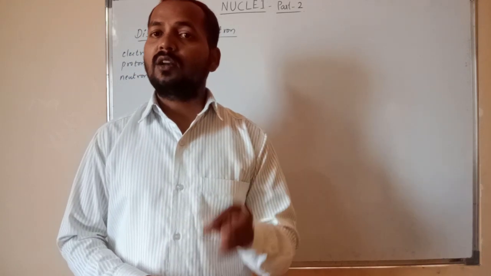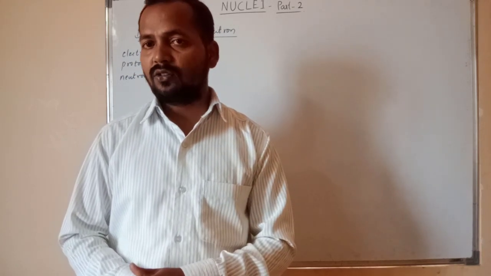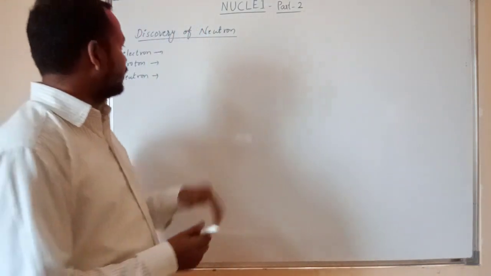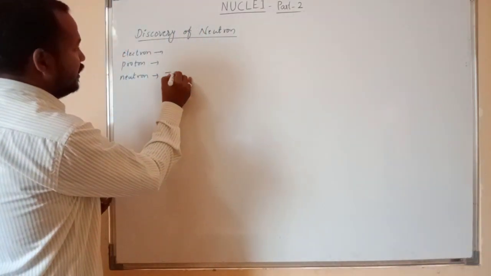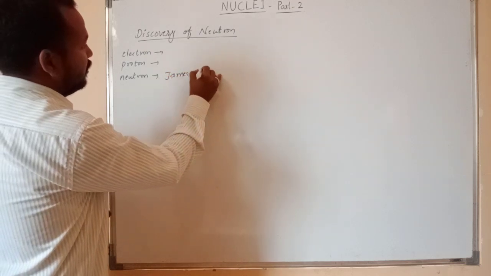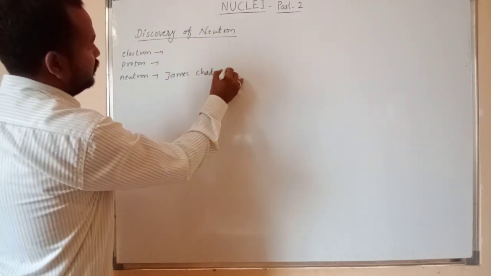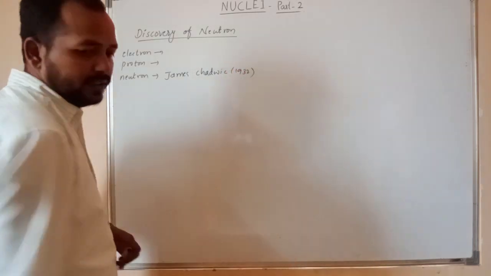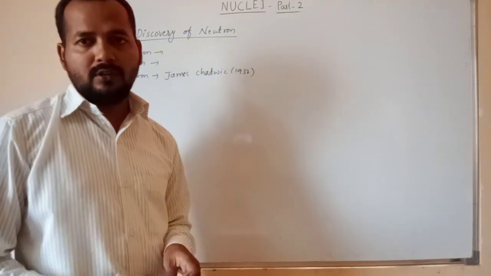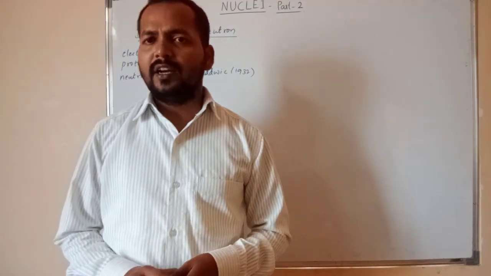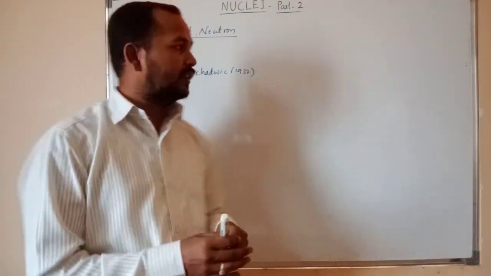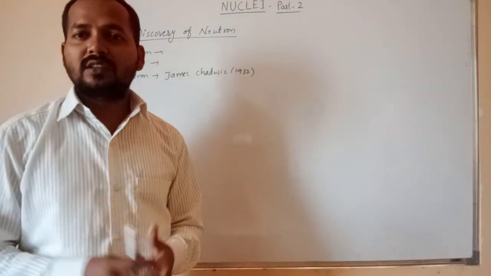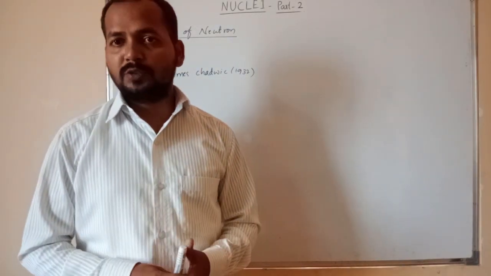And in the nucleus there is one more kind of particle, called neutrons, and neutrons were found by James Chadwick in the 20th century, that is 1932. In 1932 he found them through his experiment. It is not that he is the first person who talked about the neutron. There were many scientists who were thinking about these neutral charge particles.